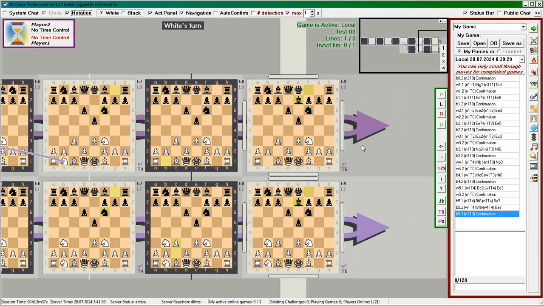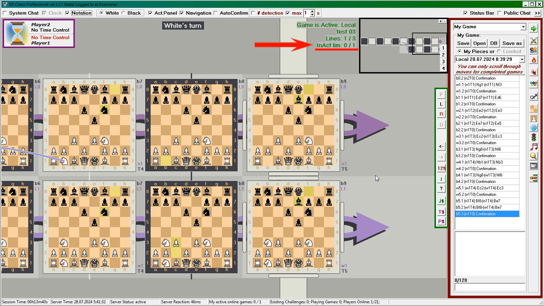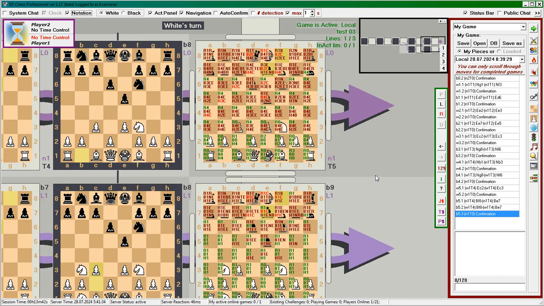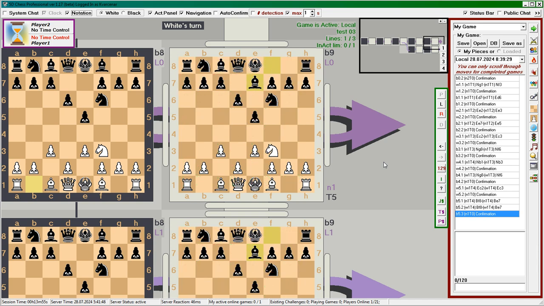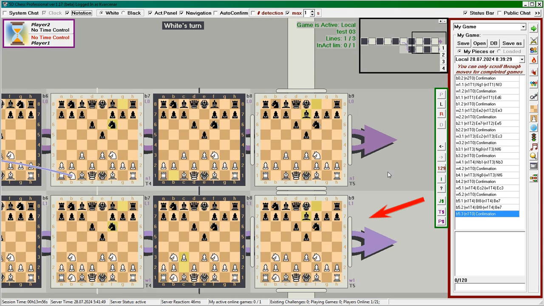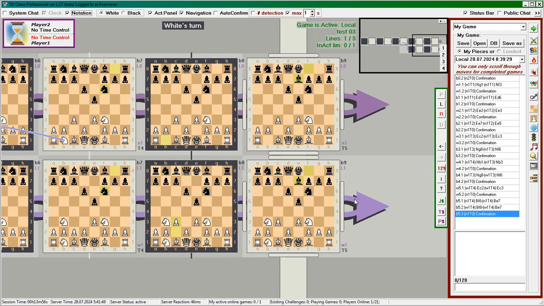In this preset, the temporal throughput for each player is 3, and the maximum number of inactive lines is limited to 1. This means that a player cannot have more than one inactive line. Turning on the Jurassic squares, we see that on the main timeline from squares a4, b5, etc., a check by the Tsarina to the past is possible. We also see that white already has one created active line. Therefore, the next one should be inactive. Let's create it, for example, like this.